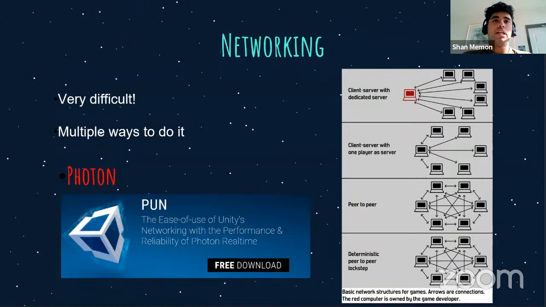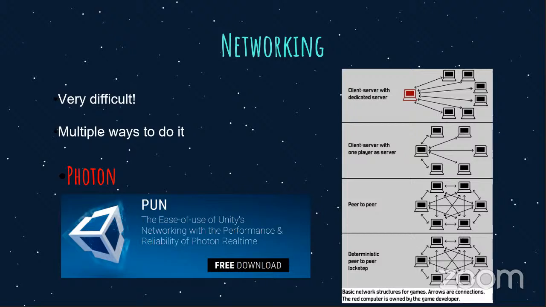But the important thing to note is whenever you create a game that is multiplayer, you have to set up the infrastructure to support networking. Like making a single player game is way different than making a multiplayer game, and you have to account for so many more things. And especially if you're making a competitive game, you have to make sure that networking is very fair, because competitive games, without fairness, you don't have a competitive game.